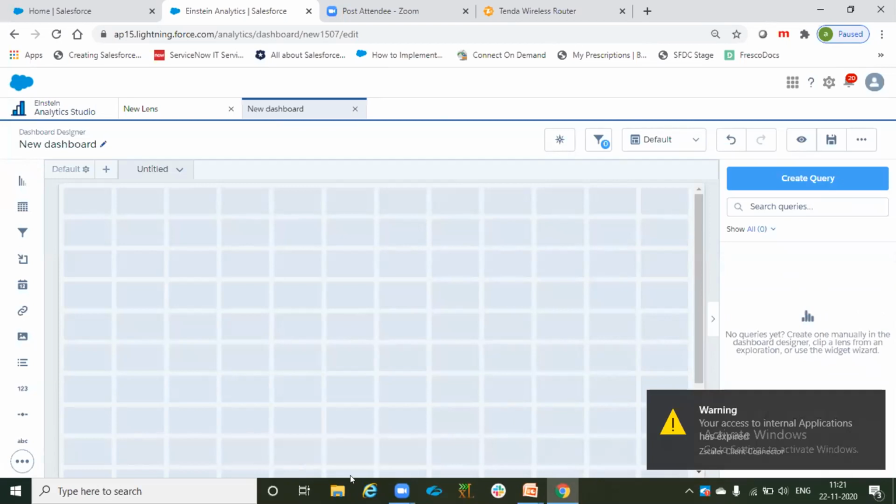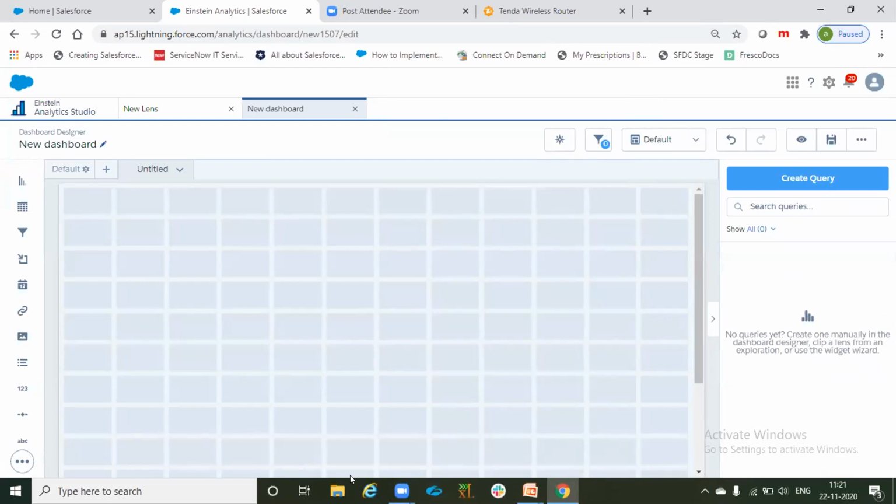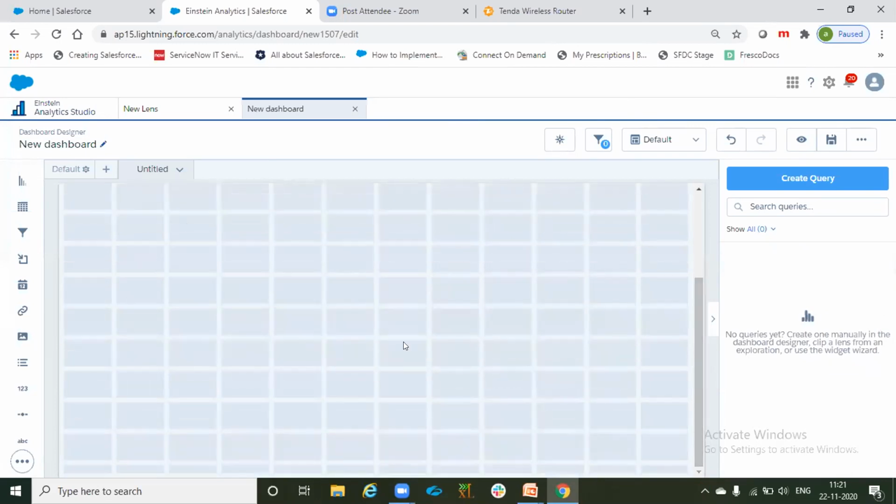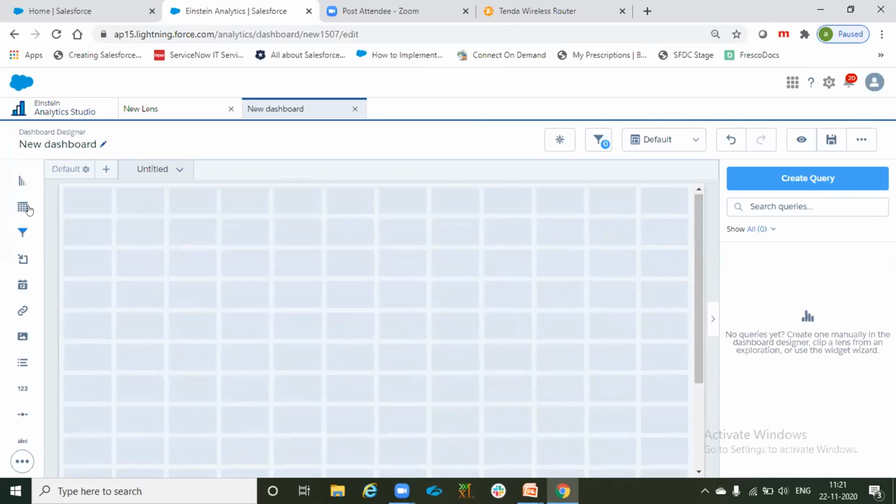Let's see what options we have in this dashboard screen, where we are creating a dashboard. In this canvas, which is in the format of tiles, on the left hand side we have all the widgets.